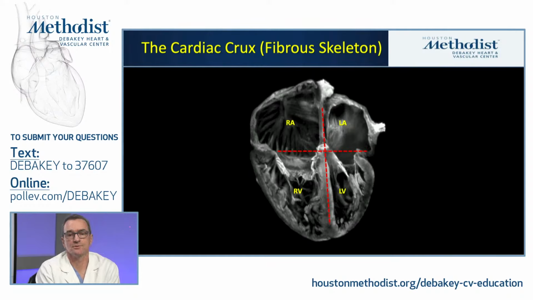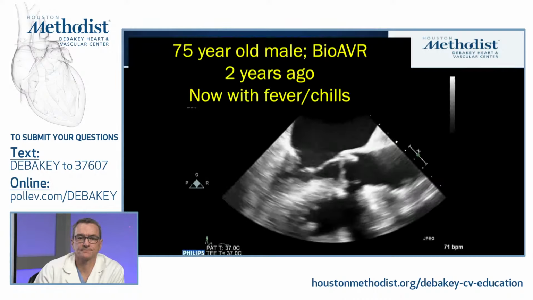So those two cases really to emphasize the importance of the echocardiographic review and understanding the cardiac anatomy. So the fibrous crux is another term for the fibrous skeleton of the heart, recognizing that all of that primum tissue where the aortic valve and the mitral valve and the tricuspid valve originate share common tissue. So any destruction, particularly can vary by organism, can go from one valve to another.